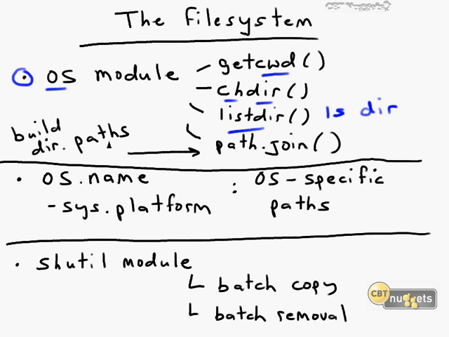You can also build directory paths using the path.join function. This is particularly helpful if your Python program is going to be ported to more than one operating system platform. Of course, you and I both know, if we're familiar with Microsoft Windows, that paths to local resources begin with a drive letter, say the C or D drive, and then using backslash characters we can walk through a multi-level directory path, ultimately terminating with some specific file resource.